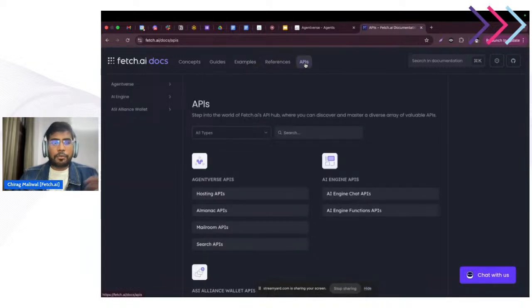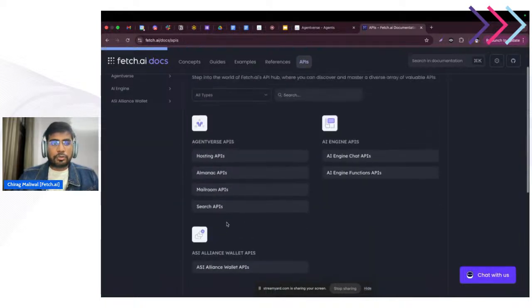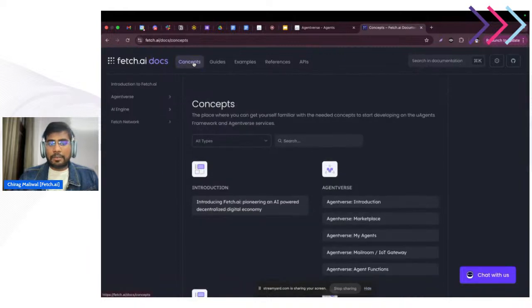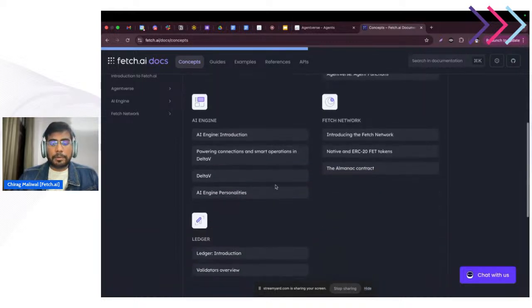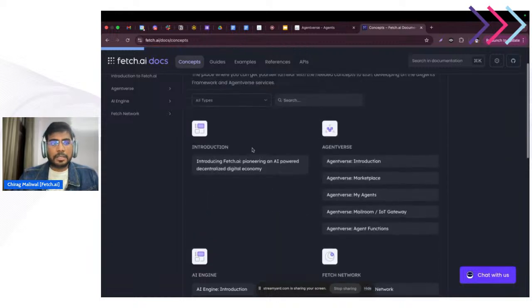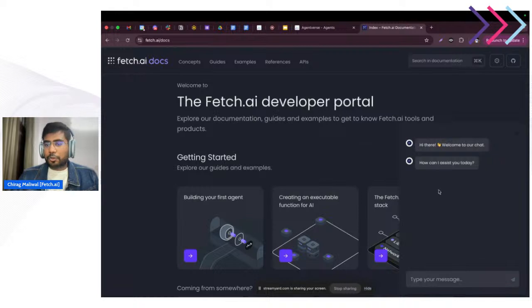If you don't want to use the agent first UI and want to do some automation at your end, we have our hosting APIs and our search APIs, so you can use those APIs as well. We have a concepts section, so if you want to understand a specific concept in a very detailed manner, we have written it down in detail with examples and explained it in layman's language, so you can get an idea about that.